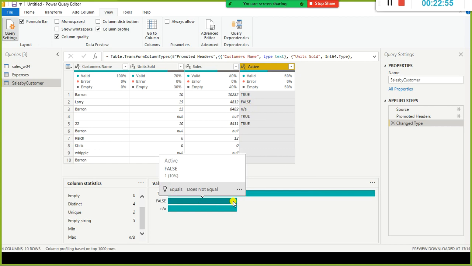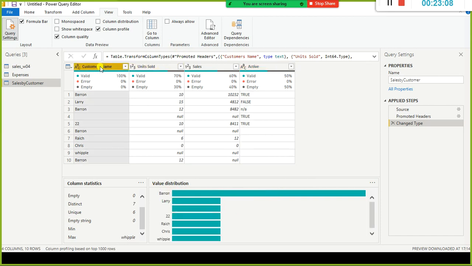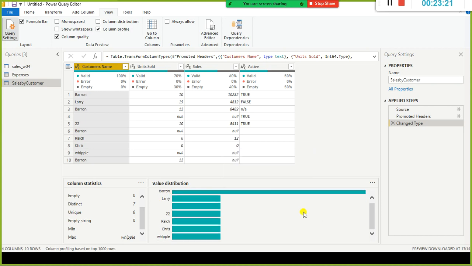False and NA are more or less the same. The most occurrences are therefore for true. Similarly, we will select customer's name. Obviously, Baron's name occurs more than one time, many times, hence this bar is very high.